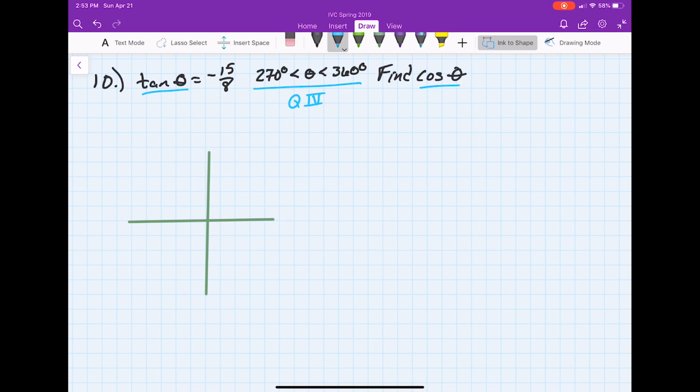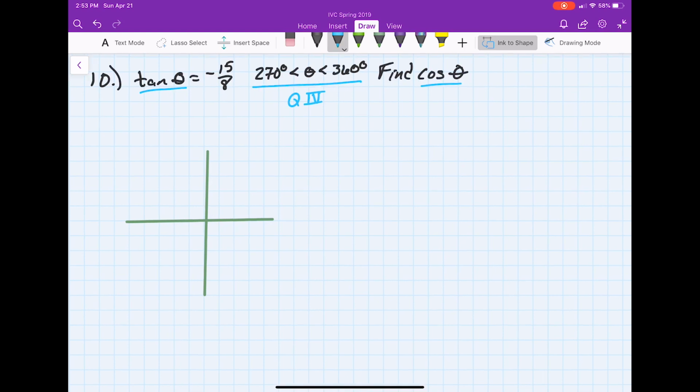And tangent is defined by opposite over adjacent. So let's just draw our triangle here. The opposite is on the top, so we know this leg over here is negative 15. Let me just write that down so you remember. Tangent is equal to opposite over adjacent. So our opposite comes from the top part, which is the negative 15, and our adjacent is going to be